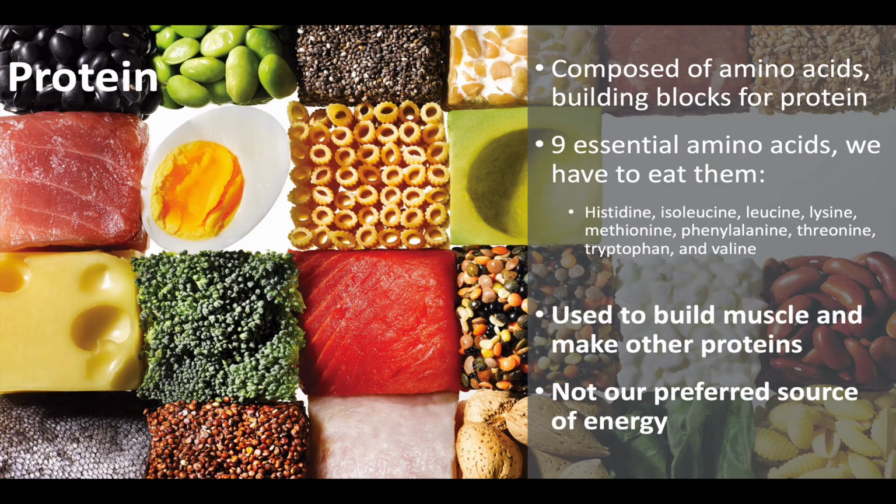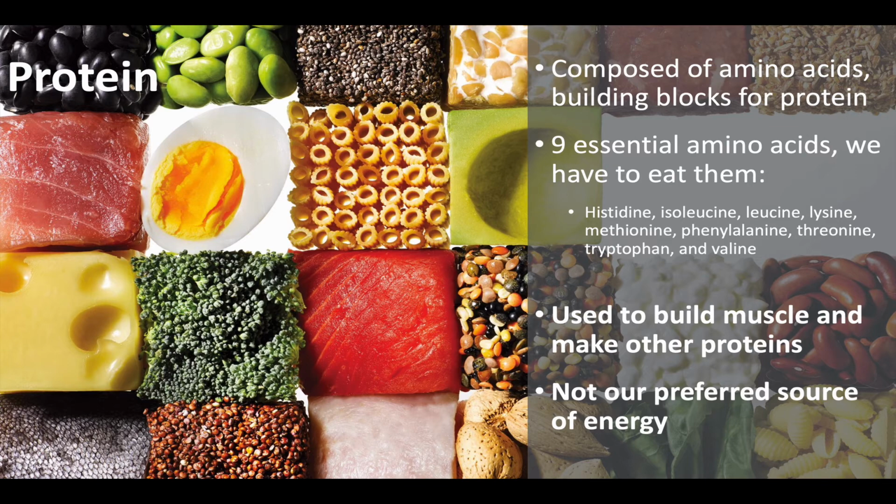Protein. So when you look at protein, protein is not really a preferred source for energy, right? So protein we eat to make other proteins. So build muscle, make the other proteins. Most of the useful molecules in our bodies are proteins, right? So neurotransmitters, enzymes, hormones, receptors, they're all proteins. And so there's always a little bit of turnover, so we can break down our own proteins and recycle them. But there's always a bit of turnover where things get broken. So we need to have a certain amount of protein coming in per day in order just to allow for